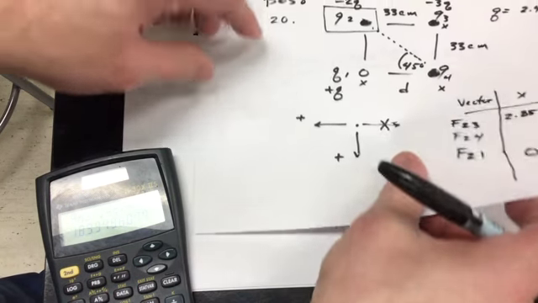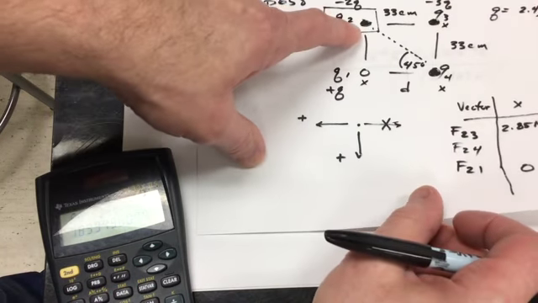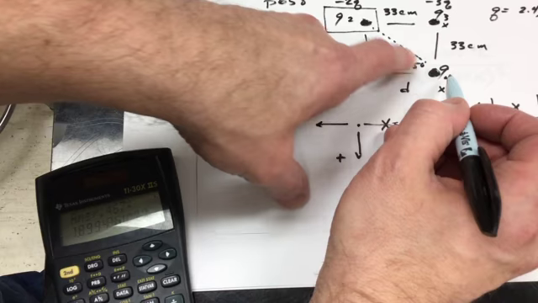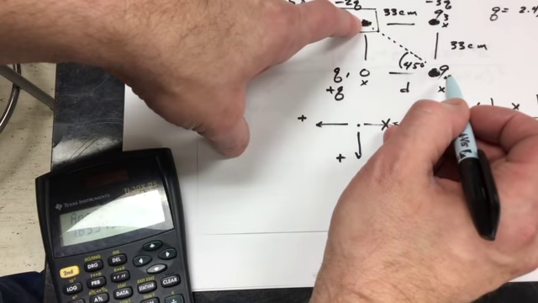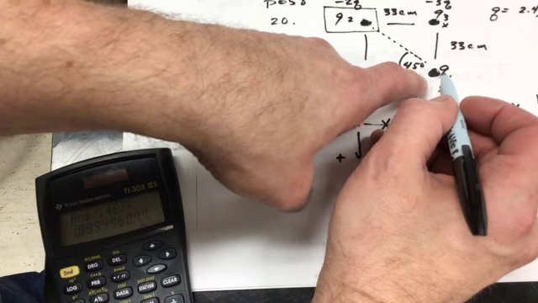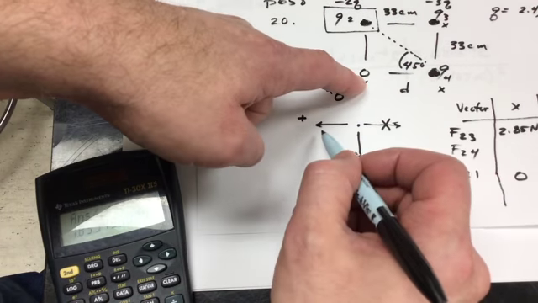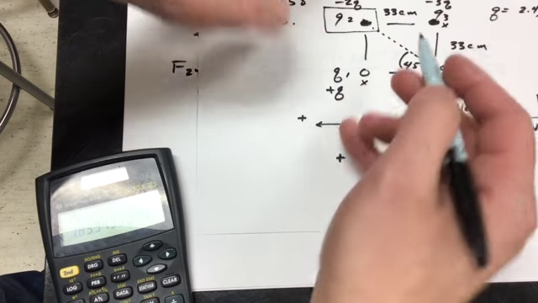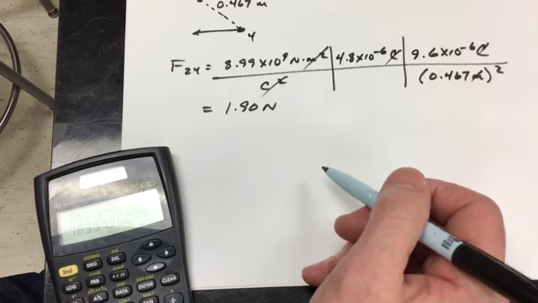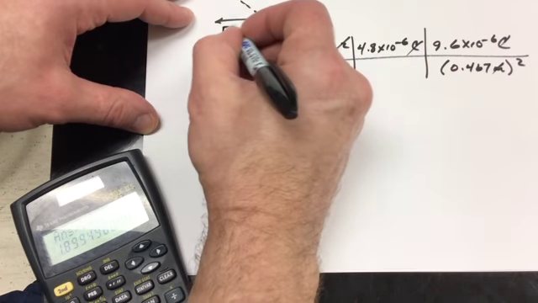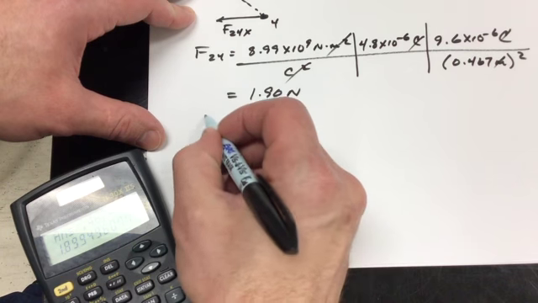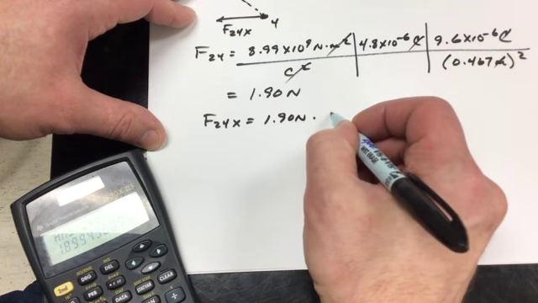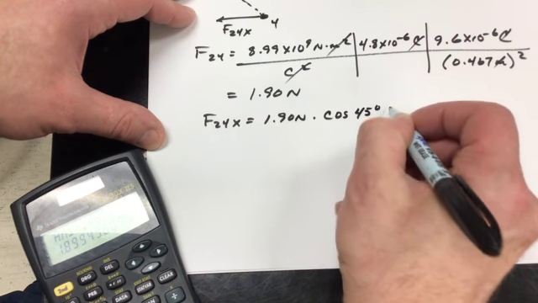Looking at this picture again, if 3, 4, and 1 are fixed, then Q4 to 2 is going to be a repulsion, and part of it's going to be in the x direction, so that's a repulsion in the x direction, and it's going to be a repulsion in the y direction. So I need to find out one of the values of the component, so that would be this side, say F24x. So F24x is going to be equal to 1.9 newtons times the cosine of 45 degrees. I want to double check the